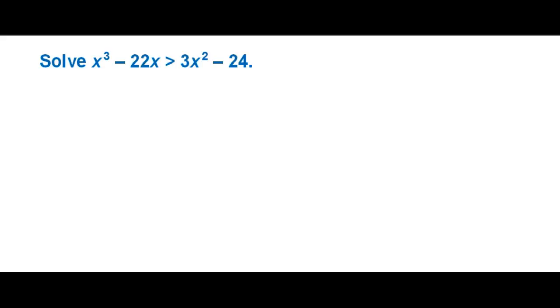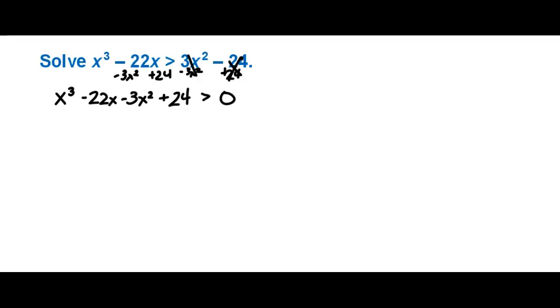In this tutorial, we're going to be looking at another way to solve nonlinear inequalities. In this case, we have x cubed minus 22x is greater than 3x squared minus 24. So what we want to do is, again, solve it for 0. So we have x cubed minus 22x. If I subtract 3x squared from both sides and add 24 to both sides, I end up with this expression